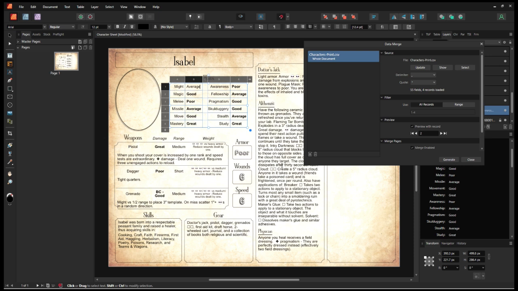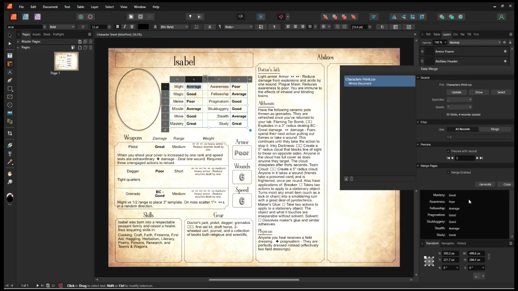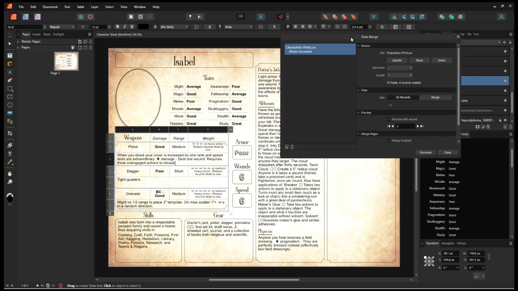You don't want to use the other view for pretty much anything unless you're trying to troubleshoot something. So I'll just make that bold again. So that's kind of the basics of how you get all of that stuff in. So you're going to click into every single area that you have a thing and click on the corresponding line that you want to appear there. So after you've done that,